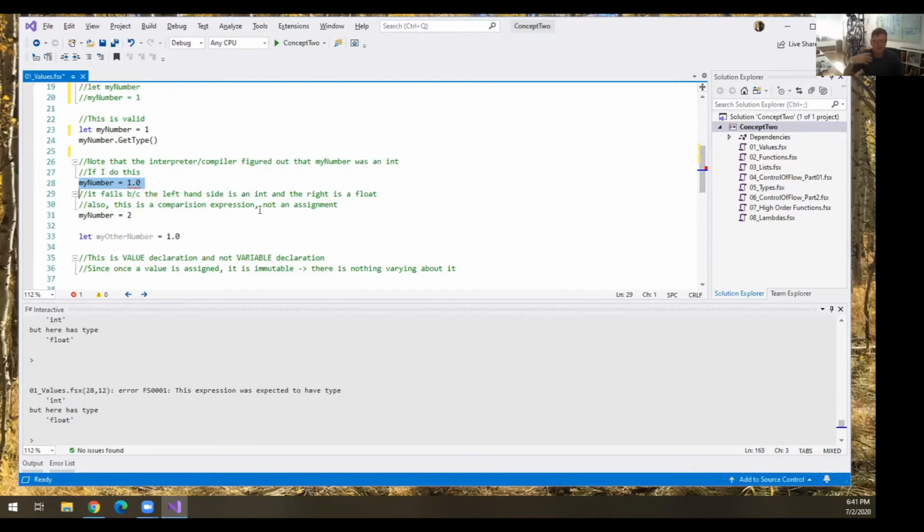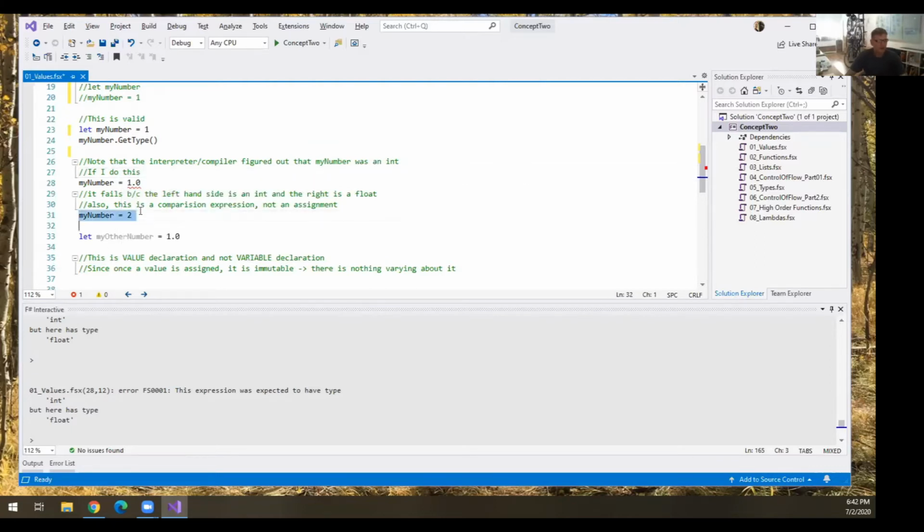That's a central tenet of functional programming. You favor immutability over mutability. So this is not an expression of assigning 1.0 to my number. It's actually comparing it as a Boolean expression. See, and that's why you're getting this really crazy IntelliSense.